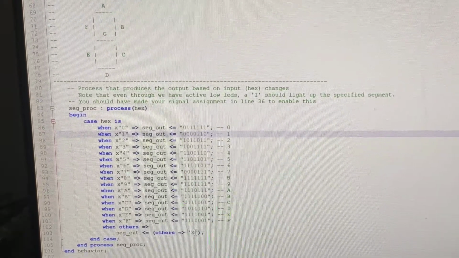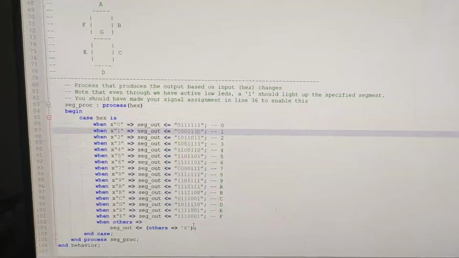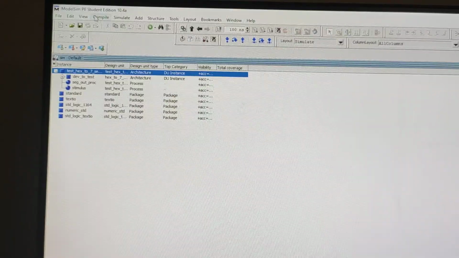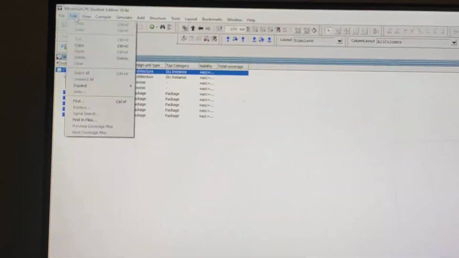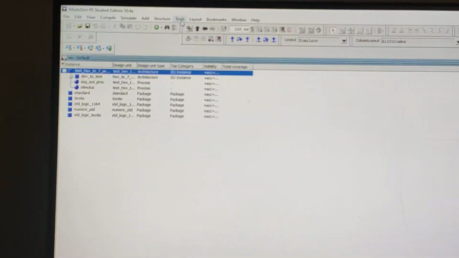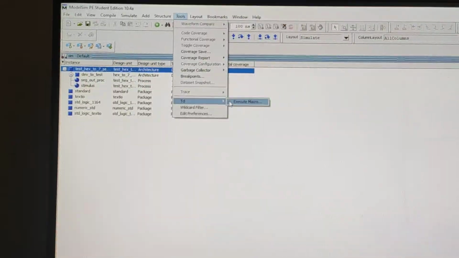Now let's come back to the code and ModelSim, where we will execute it. Let's compile it on ModelSim. We have changed the directory, and now we just need to run the TCL file and execute it.